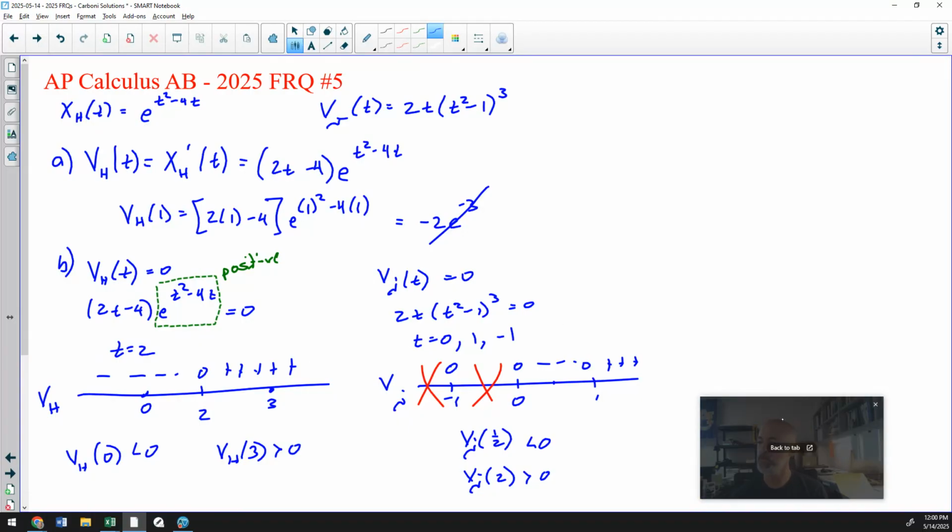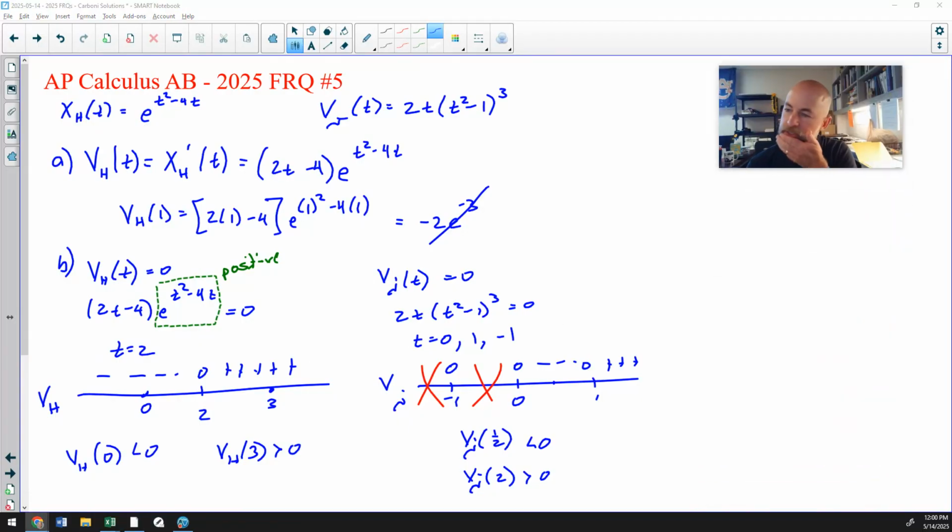Okay, and now for my conclusion, we need those objects to move in opposite directions. That's going to happen from 1 to 2, because if you overlay these two velocities, particle H is still traveling left until we get to 2. However, particle J starts moving right after t equals 1, and so they will move in opposite directions on the interval 1 to 2 because the velocities of those two functions have opposite signs, and I have all the work to support that statement. So